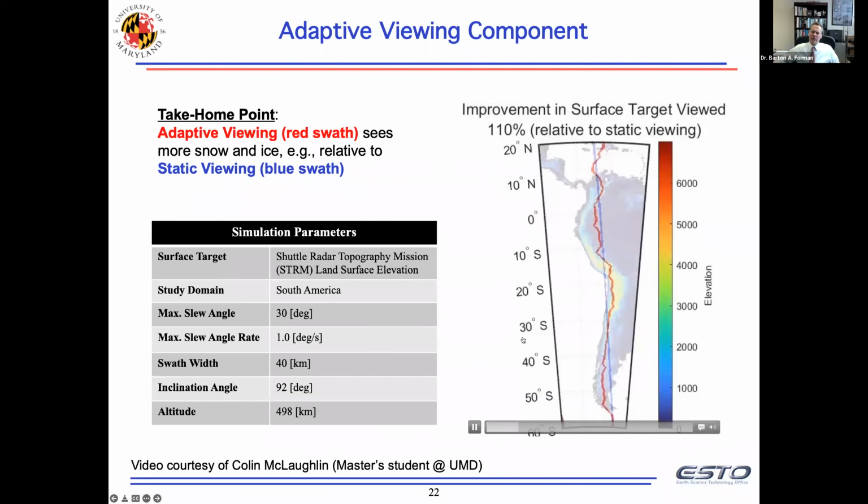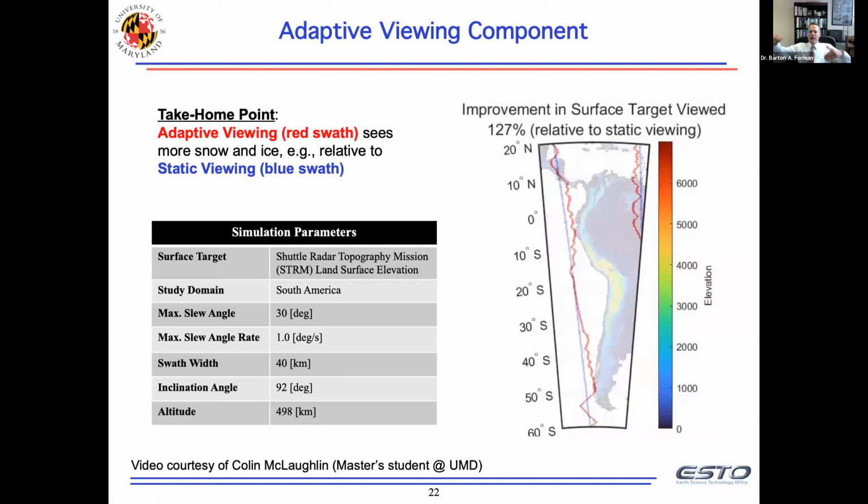And just as a little video here, Colin recently put this together. The blue is the fixed viewing, and the red allows the sensor to slew a little bit. And you'll notice that the red, it's trying to maximize the elevation. And you can see that the red has a tendency to hug the spine of the Andes, all the way from Colombia down to Patagonia. It's not perfect. It doesn't do it everywhere all the time, but it does do a much better job relative